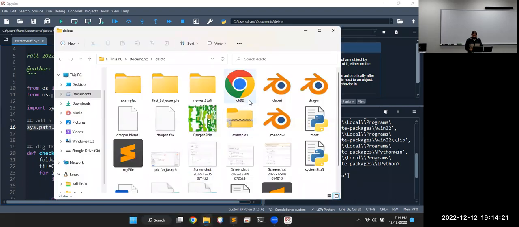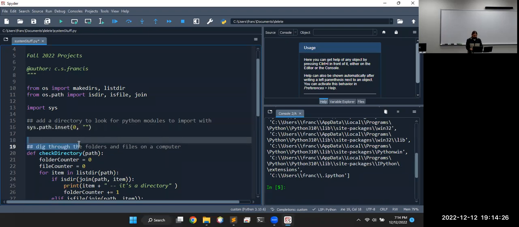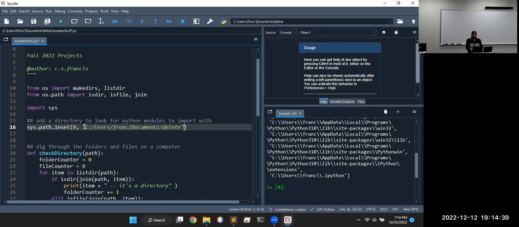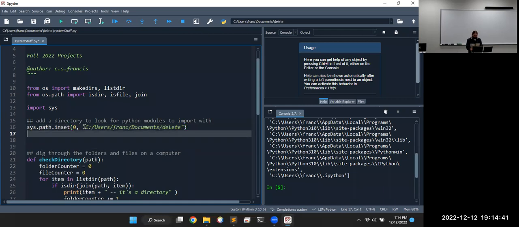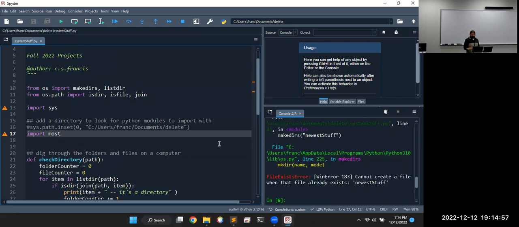Do I have anything here I can import? Most, I don't remember what that is. But there is something in the C drive, users folder, the link, documents/delete. We can look there and comment that out first and try to say like import most, which I just looked, and there is I have a Python script there called most. So I should be able to import it when I run this,